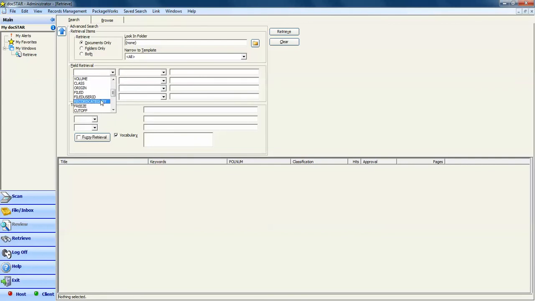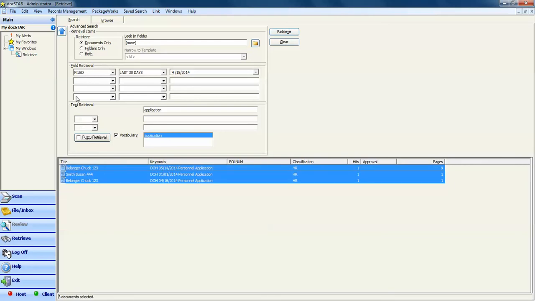Here, I'll create a quick one. Show me everything filed in the last 30 days, all the applications. I work in an HR department potentially, and I want to see all applications filed within the last 30 days. Okay. So if this is a repetitive search I do, filed in the last 30 days, all the applications,